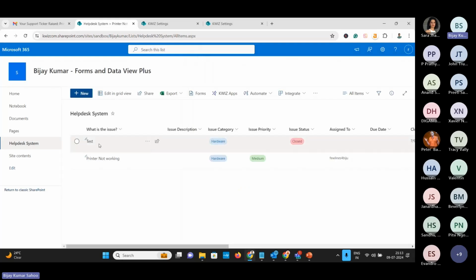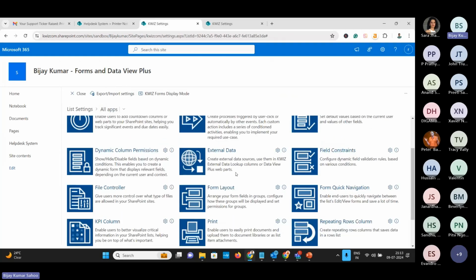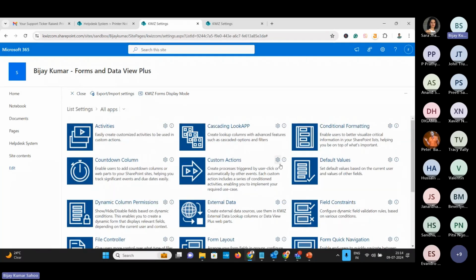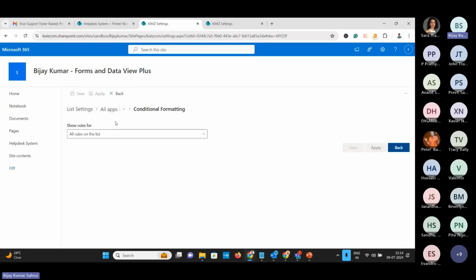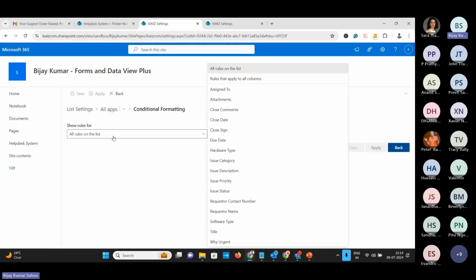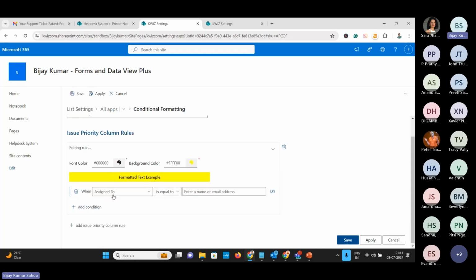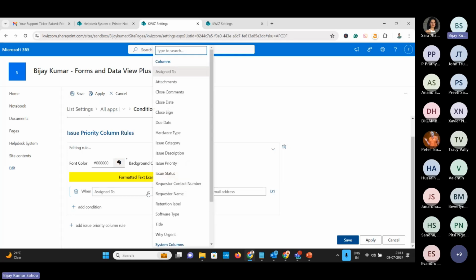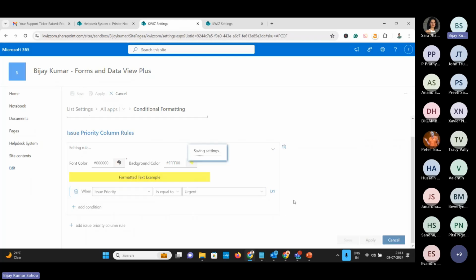So before closing this, I'll just show you one more app on this. I'll go to all apps. So you can see it here, conditional formatting. If you click on this, you can do some conditional formatting. Let's say if the issue priority is something, I want to highlight it. So let's say I'll click on this. I will say when issue priority is urgent, then the background color will be this and this way. So now if I click on apply,